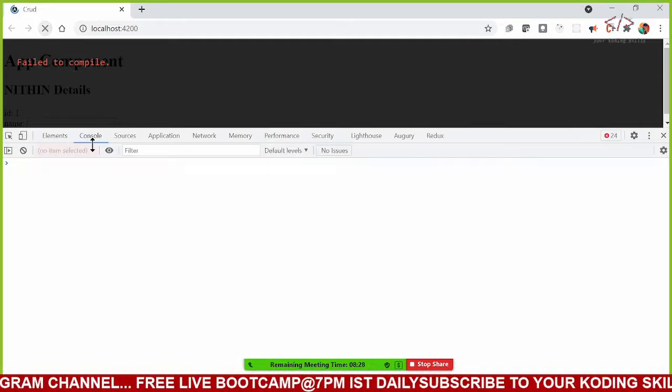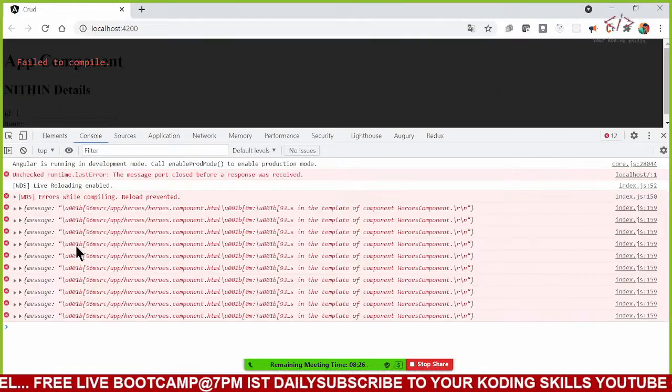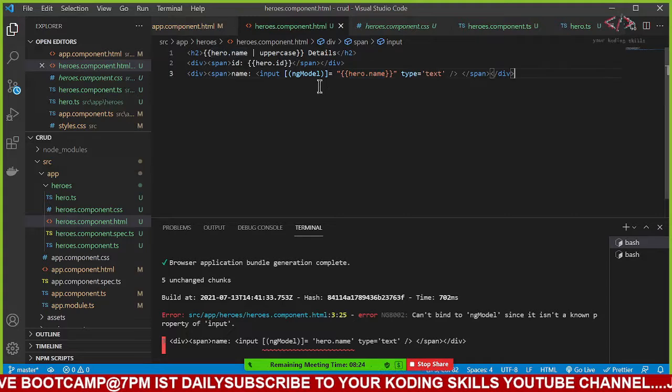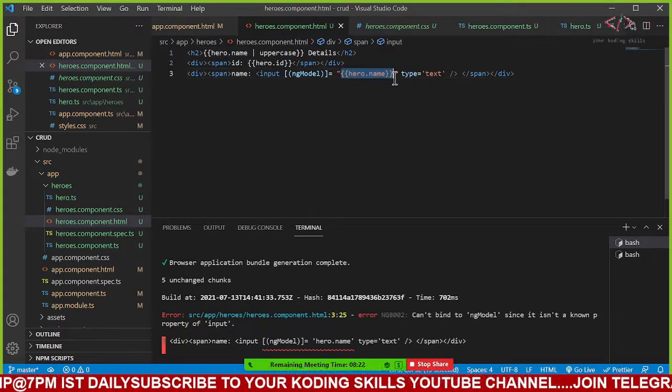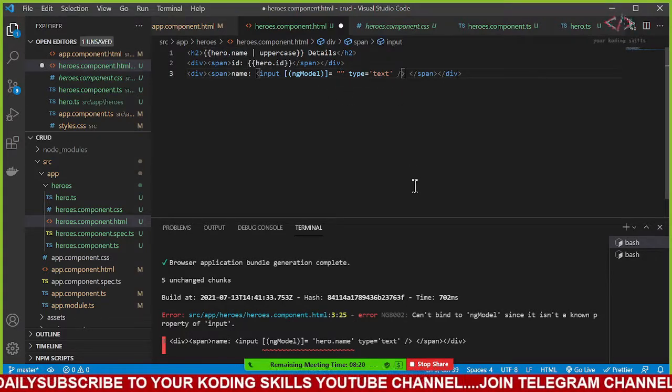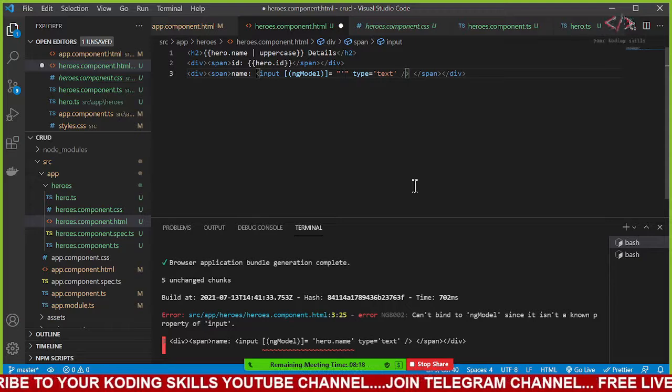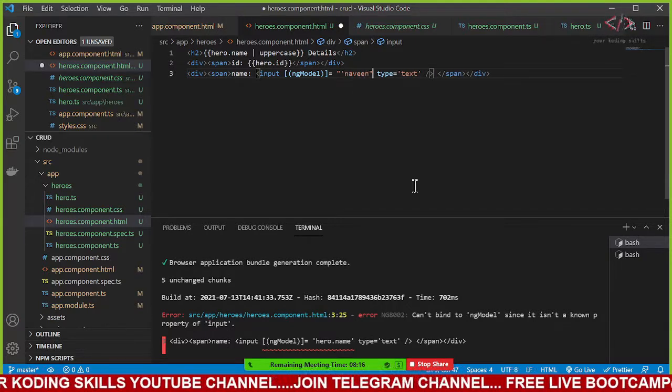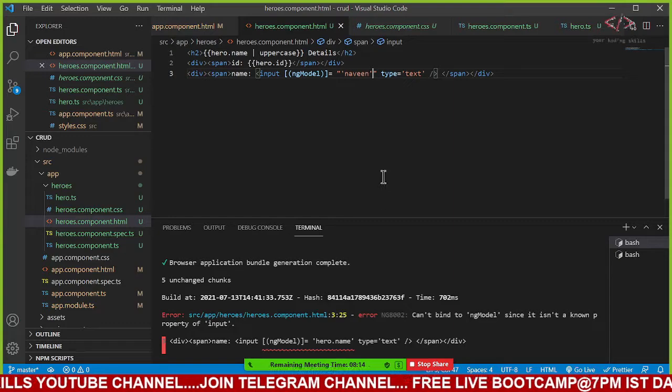Nothing. Why did they stop giving this error? I want that error. Why is it not giving it? Or let me add Navin for now and close it here.